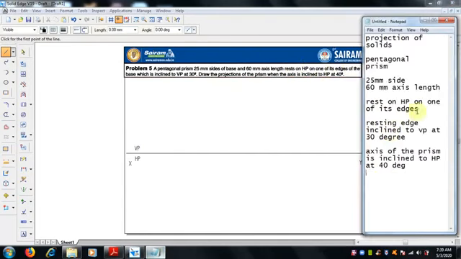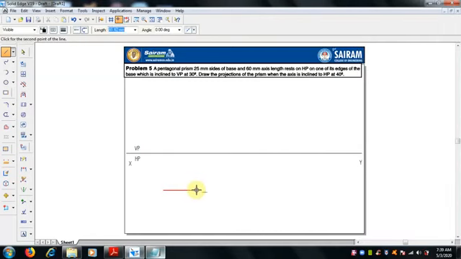First we draw a pentagon of 25 mm side at 0 degrees, then 25 at 72 degrees. A pentagon has 5 sides divided into 5 equal parts, so 25 at 144, 25 at 216, 25 at 288. Now the pentagon is over.